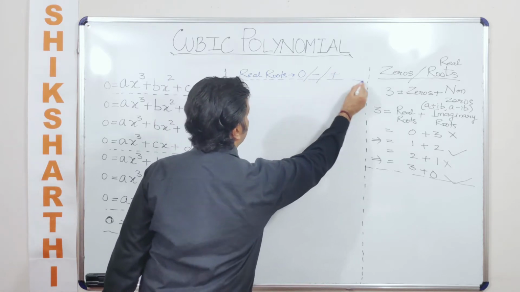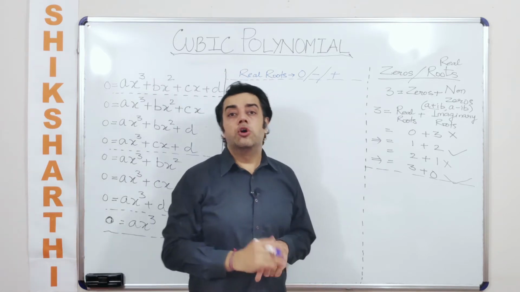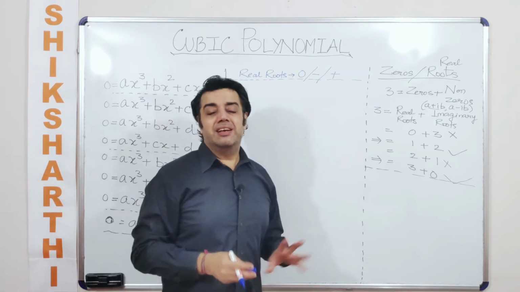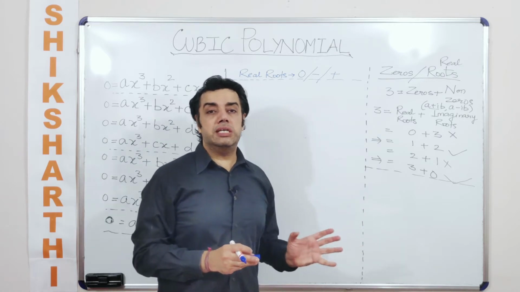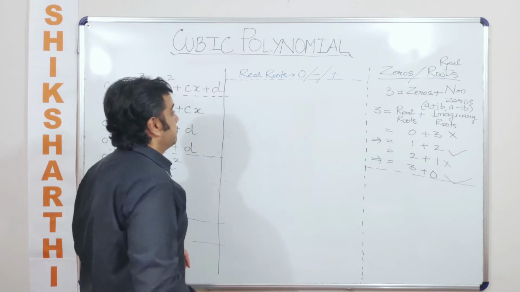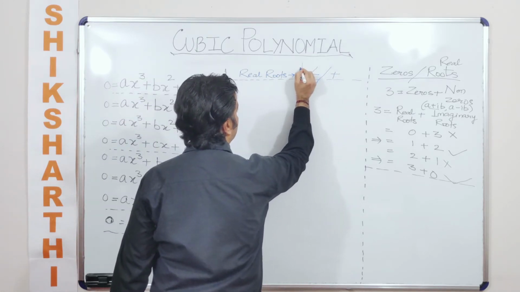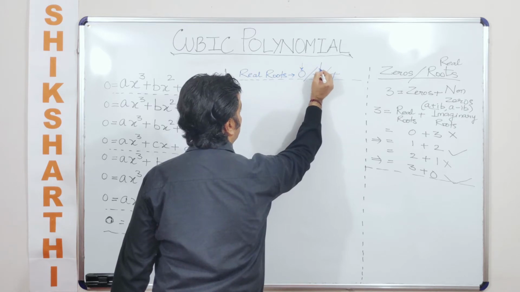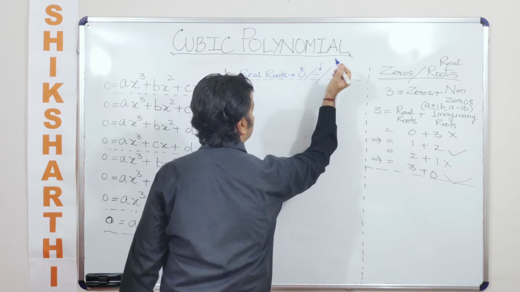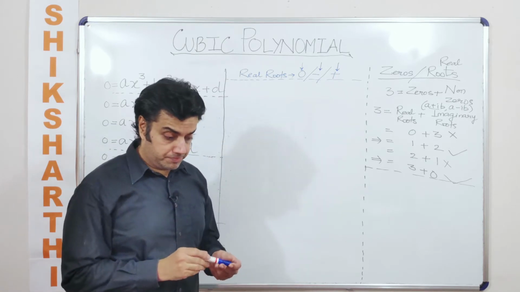And when we talk about imaginary roots, we talk about a plus ib, where i is the imaginary part in it, or we talk about a minus ib. So our focus will be more on the real part of it, not on the non-real part, which is imaginary. But when we are talking about real roots, there are only 3 cases that you can talk about. One is the root being 0, or negative, or positive. These are the three cases that we are going to talk about broadly.